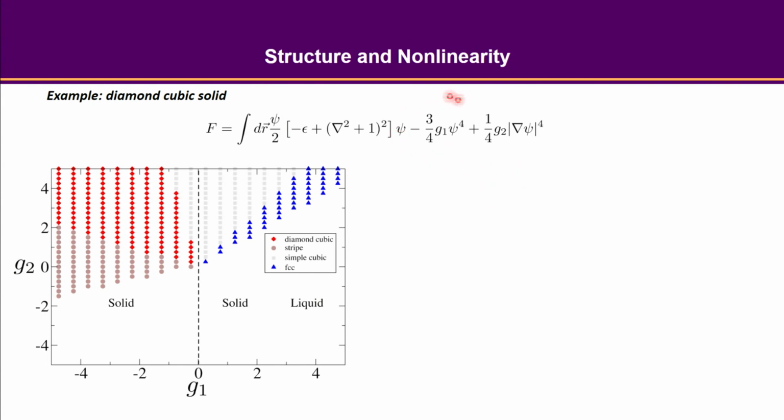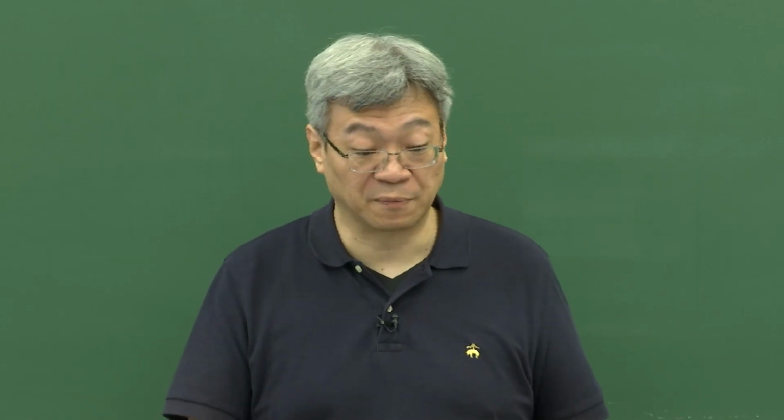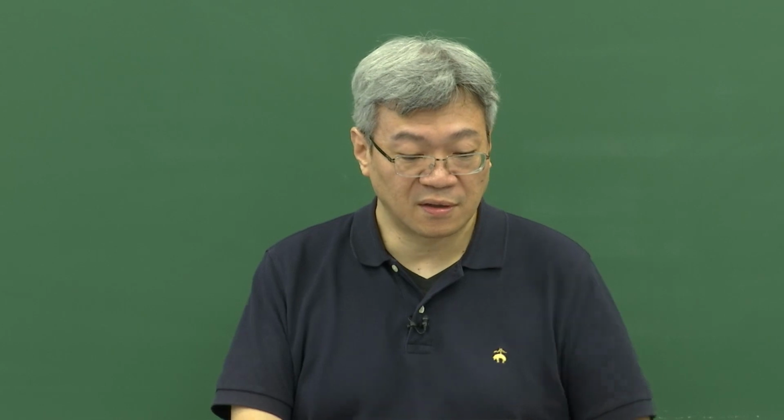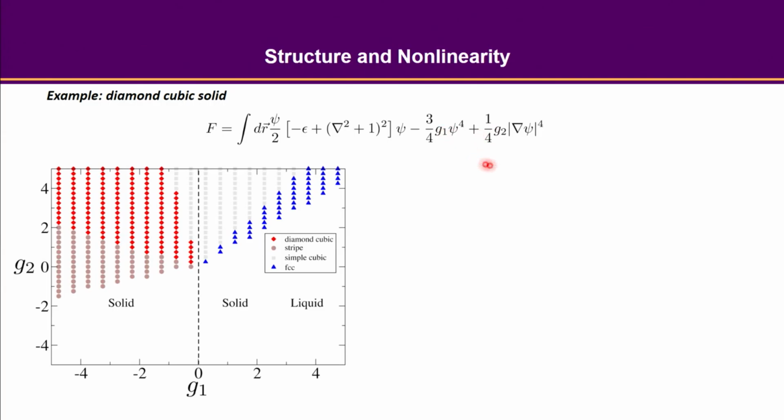Like you have a psi to the quartic power and also gradient psi also to the quartic power. But let me skip the detail; from the previous calculation, you probably get a sense why the nonlinear term can have certain preferred combination of k factor in the reciprocal space. So here's a calculation for different combinations of G1 and G2, what would be the ground state